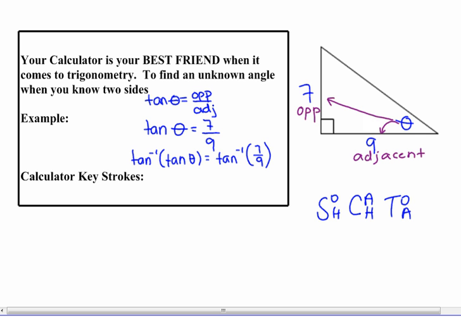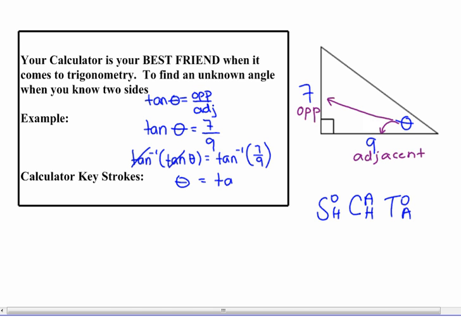It looks confusing. But what happens is when you take the inverse of tan, the inverse tan of tan, basically you're just left with your angle. So in order to get our angle, given our ratio, we always have to use inverse tan. So tan inverse